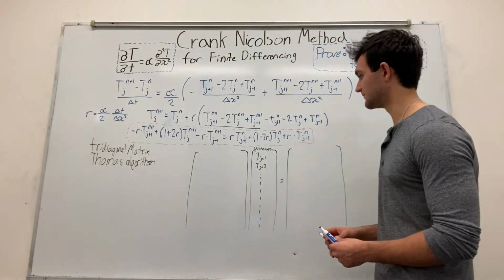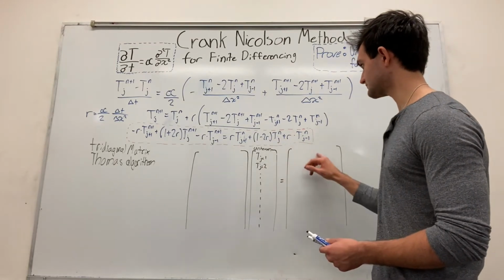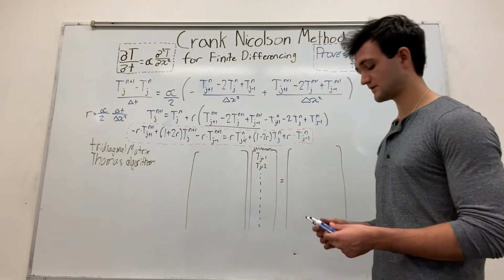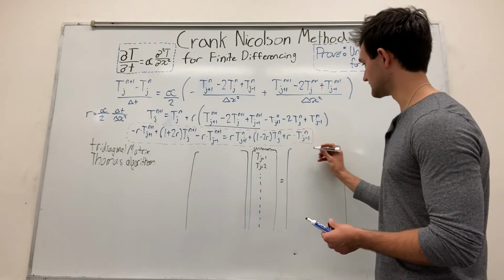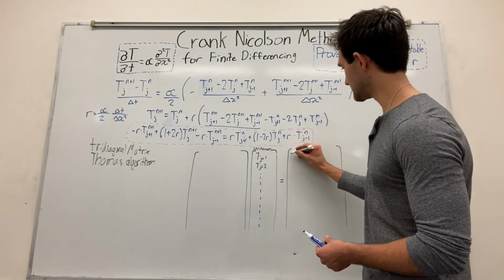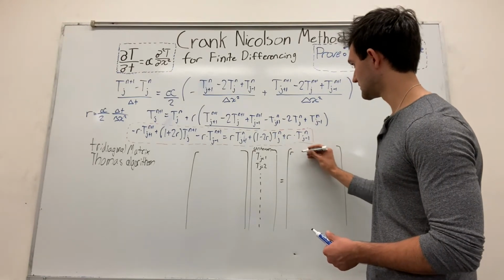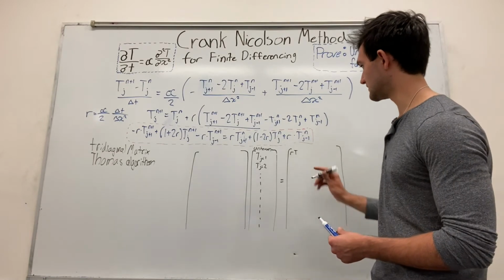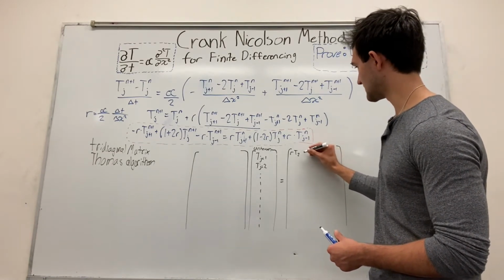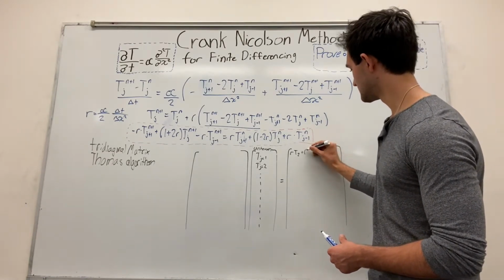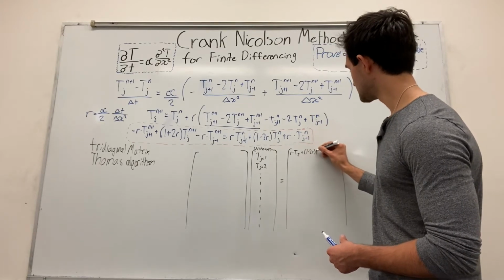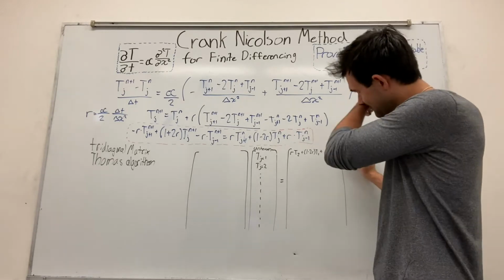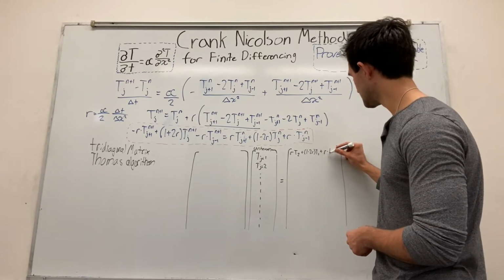So these are our unknowns, and on the right-hand side we know the temperature at the current time for that block. So for the first iteration, j is equal to 1, so it's going to be r times your temperature at block 2 plus 1 minus 2r times the temperature of the current block of interest